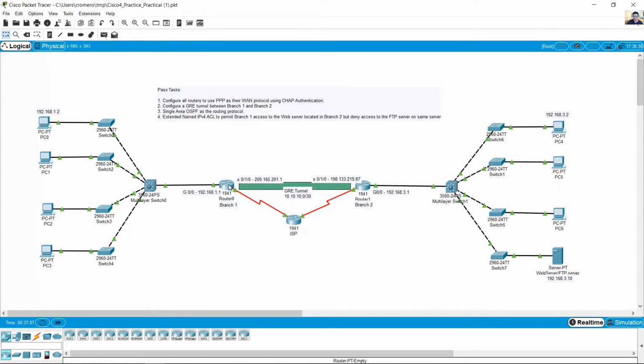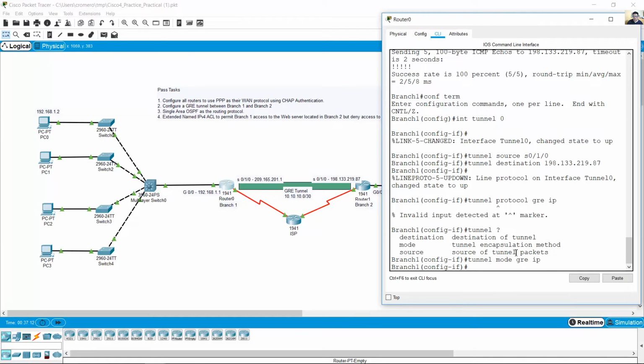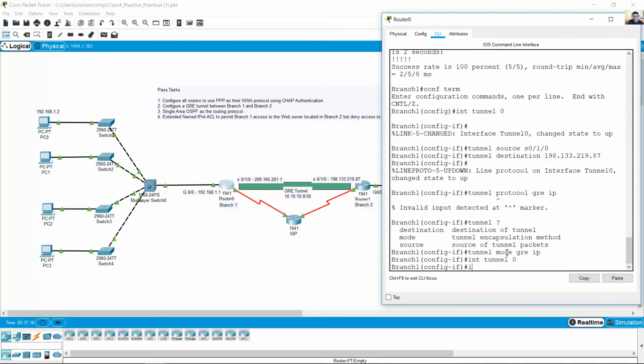Branch 1 will be 1 and branch 2 number 2. Enter interface tunnel 0 and set the IP address 10.10.10.1, subnet mask /30, that is 252,